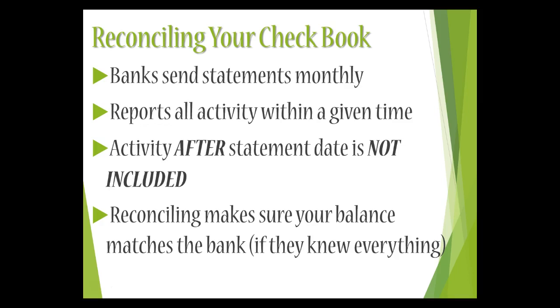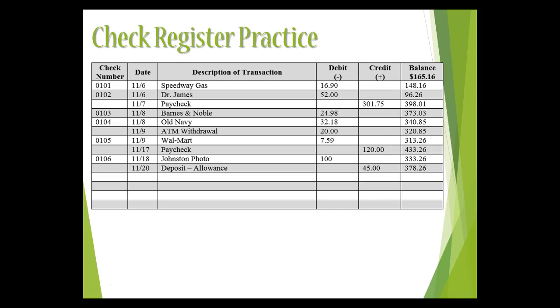So how do you do it? The process is relatively simple. The first thing is that you have to make sure that you have an accurate balance in your register. So you might have a register that looks like this with a variety of different transactions, some debits, some credits, that is some payments that you've made and some payments that you have received, and you end up with a running balance. In this case, our checkbook has a balance of